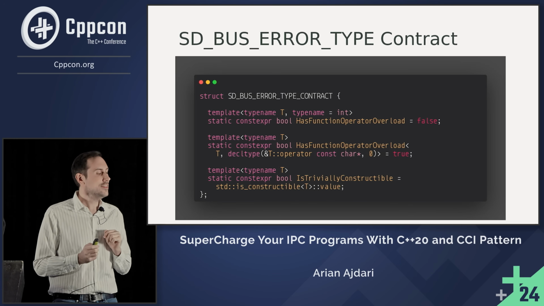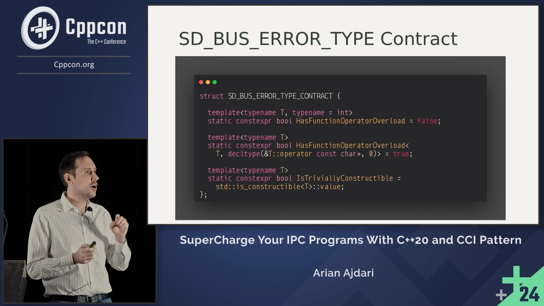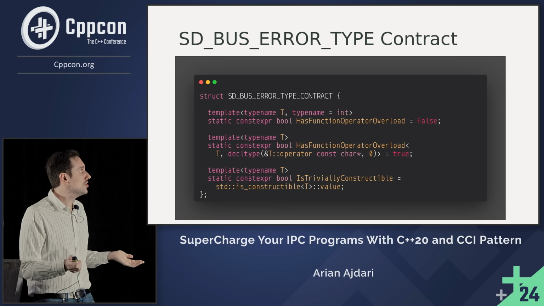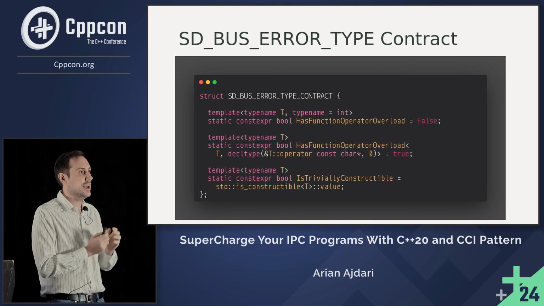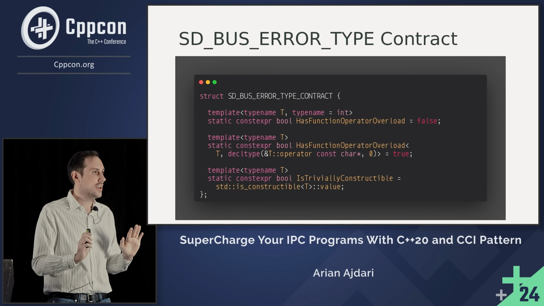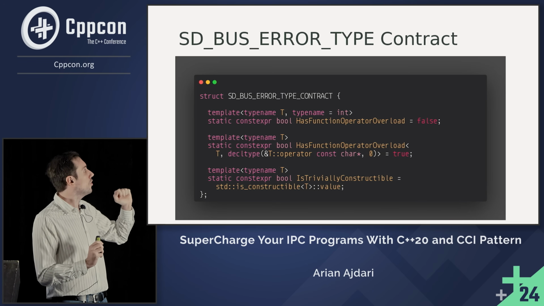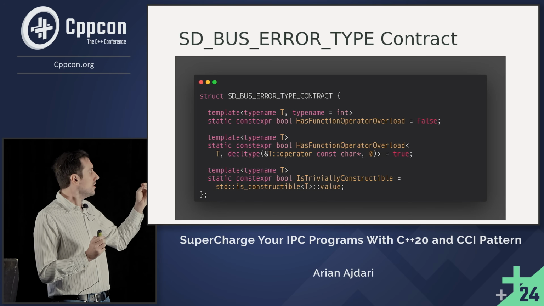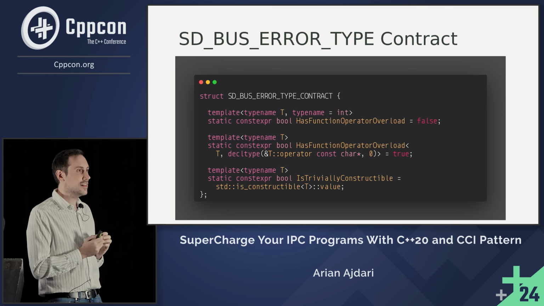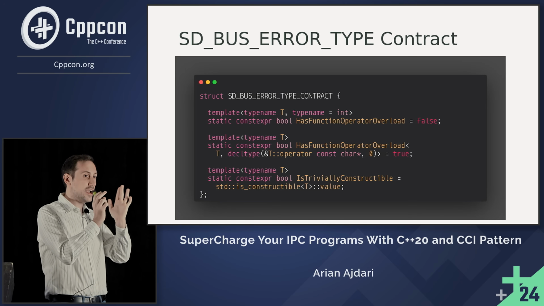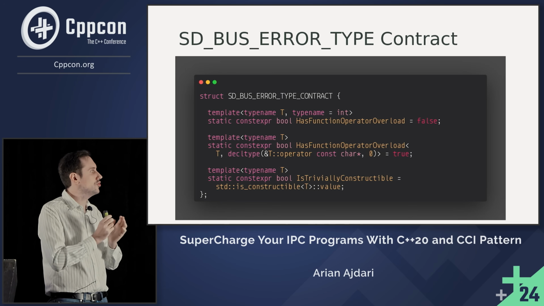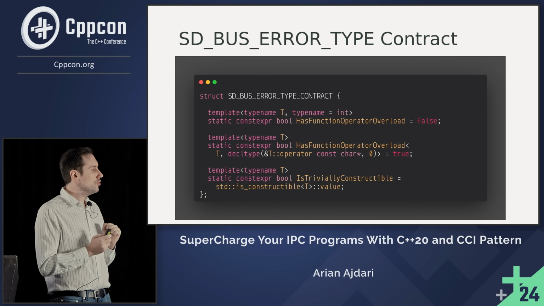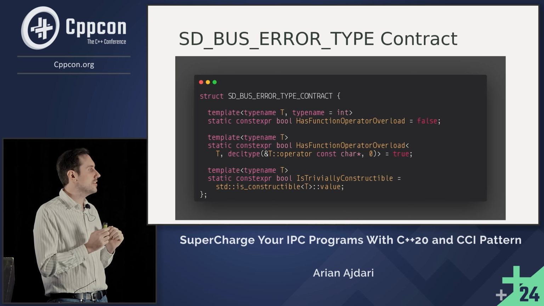Well, I could agree that I hate that too, but the part that I hate the most are the addendum, when it's a contract on top of the contract. But unfortunately, for this, we will have to do that. And I promise I will try to make this as easy as possible. The reason why we'll have to do a contract on top of the contract, the addendum, is because of the specifics of the error type. You notice in the previous slide when we created an error object that I provided a macro definition. So it was not object construction. When you right-click it and you go to the definition of the macro, you see that it actually creates an object of a specific type.